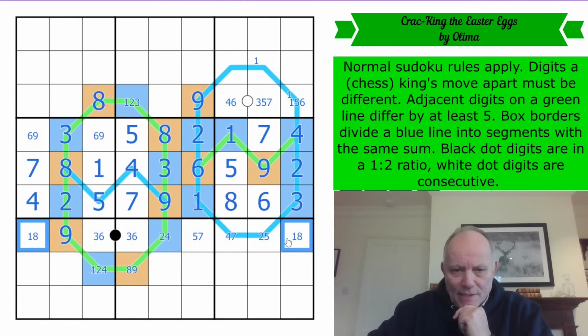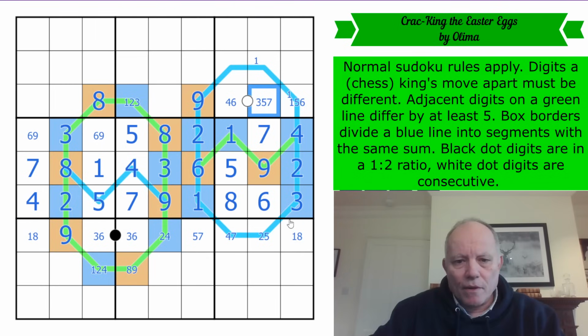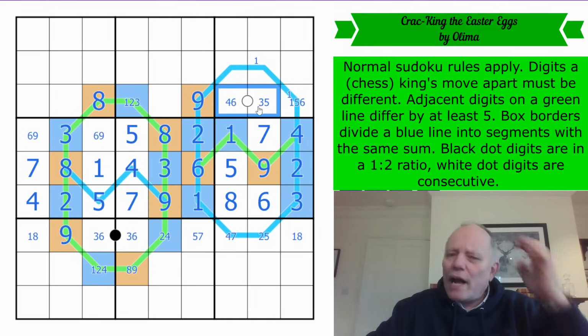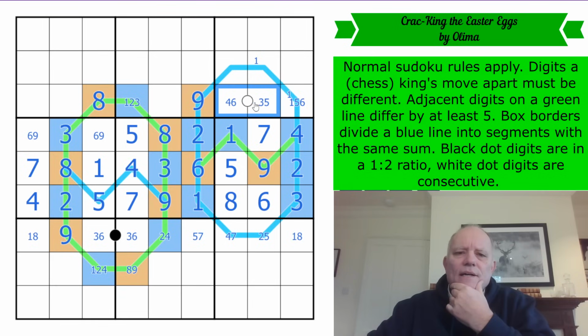Tell me if I'm missing something. Well, you wouldn't, but I wouldn't really want you to. Now, that can't be 7 anymore. Is there a king's move operating here? Oh, hang on. Wasn't it going to be...